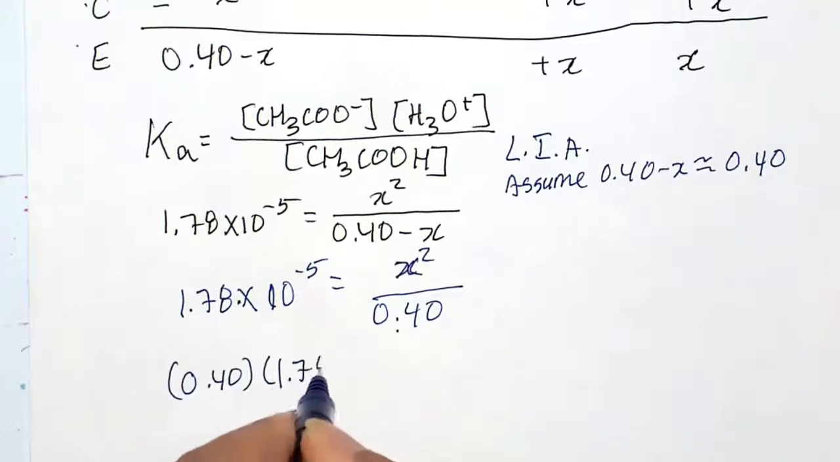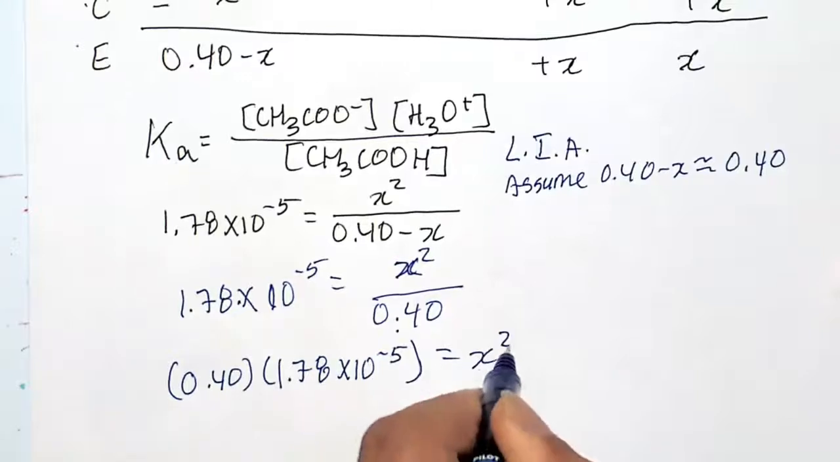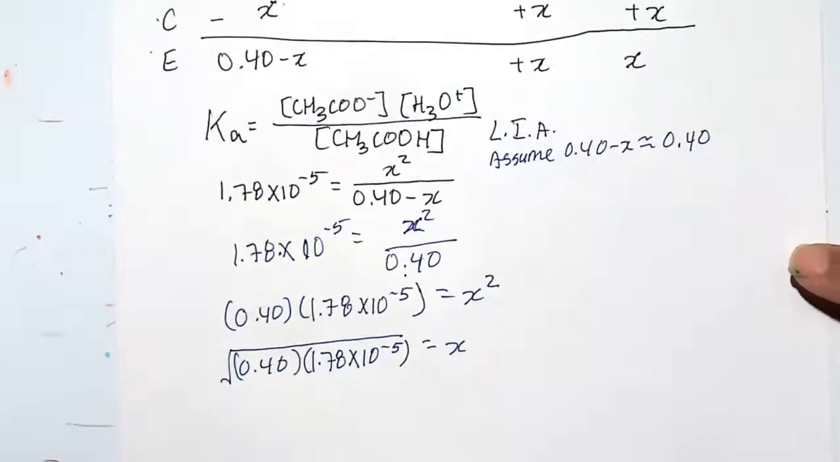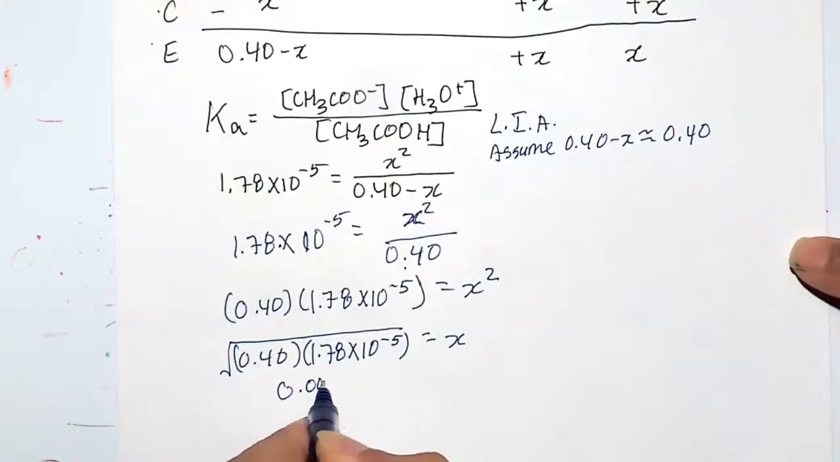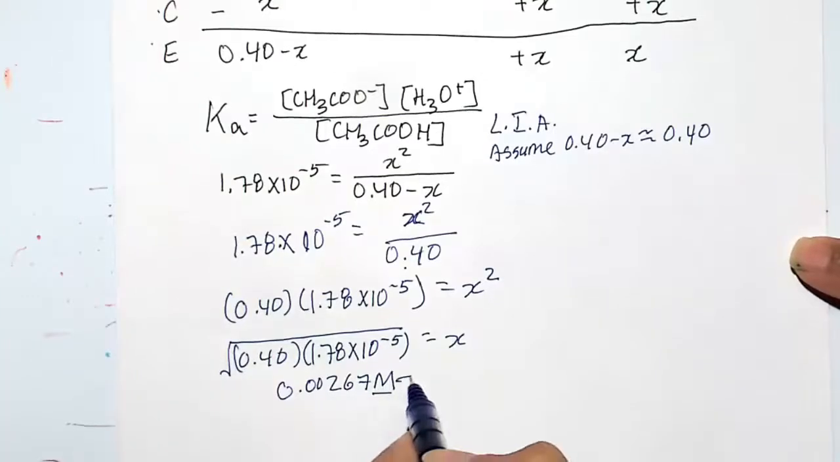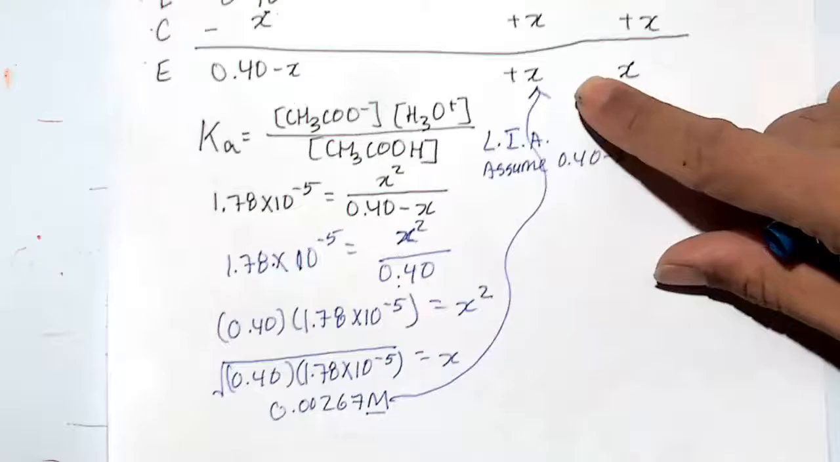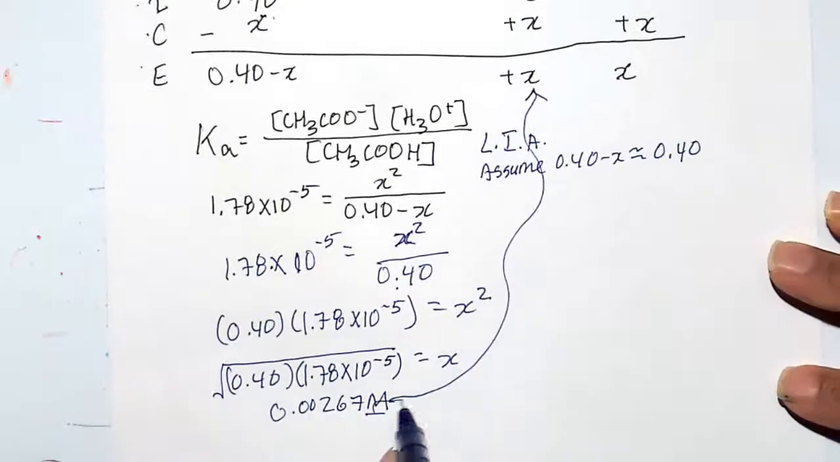1.78 times 10 to the minus 5 equals x squared. Let's go ahead and take the square root of this number to get our x. Solving for x on my calculator, I'm getting x to be a value of 0.00267 big M. Okay, so that is our x. Don't forget to put the units in our x. And that x is going to symbolize the concentration of both the acetate ion as well as the concentration of